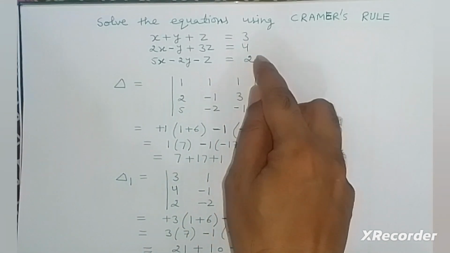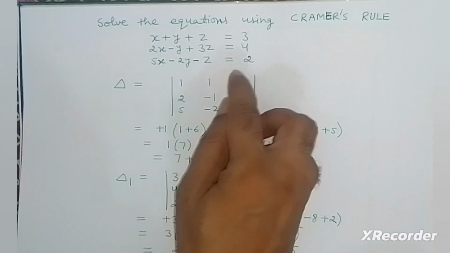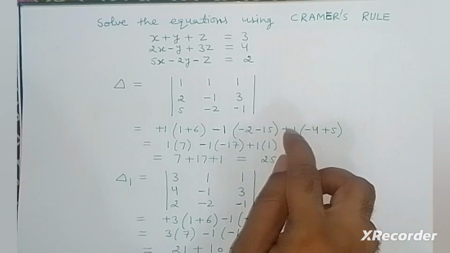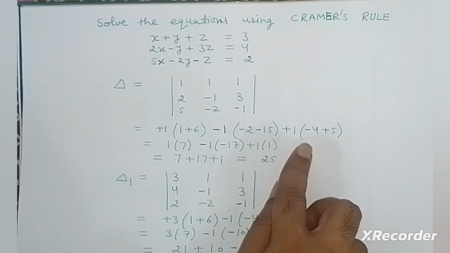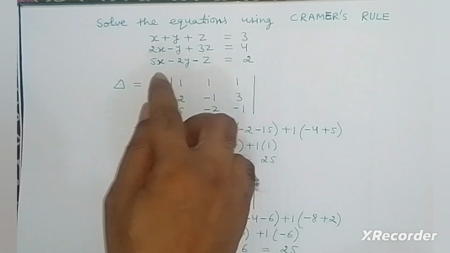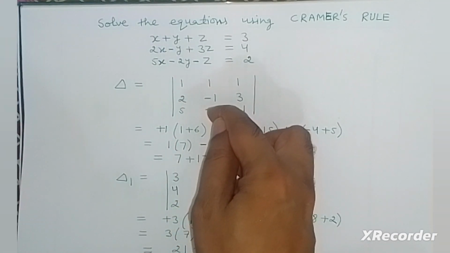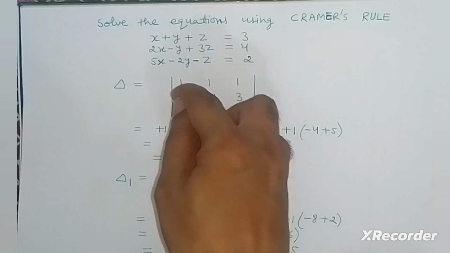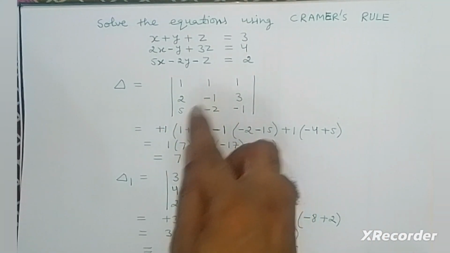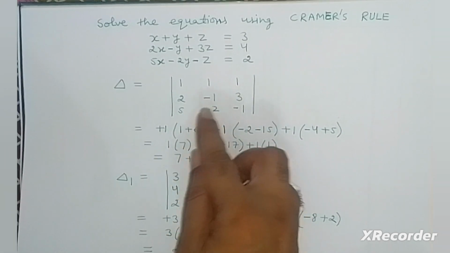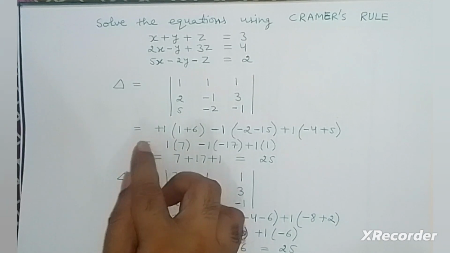Then third value is 1 and because the sign is plus minus plus, here the value of 1 is plus 1, the value remains same, plus 1. Now eliminate this column and this row. Eliminate this column and this row, we multiply 2 into minus 2 and 5 into minus 1. So multiplying 2 into minus 2 we get minus 4 and subtracting minus 5. Minus 5 को जब हम सब्ट्रैक्ट करेंगे तो माइनस माइनस प्लस, hence we get plus 5.